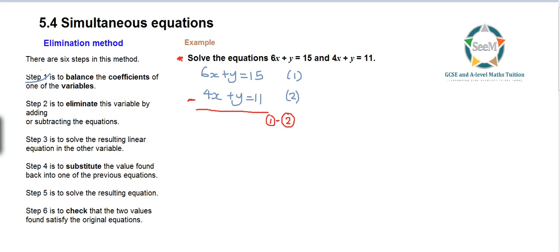6x plus minus 4x gives us 2x. y minus y gives you 0. And then 15 take away 11 gives you 4. Okay. So the next thing we need to do is